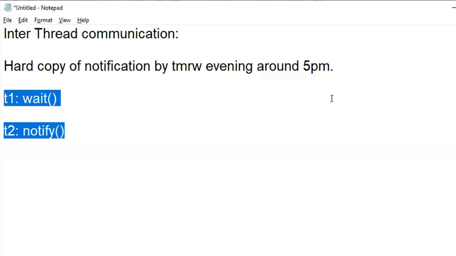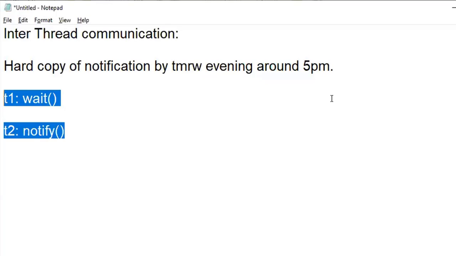Understanding a scenario, if thread T1 is waiting for T2 to give a notification, if there is a dependability with respect to a thread's job to be finished, then you will be hearing a word called inter-thread communication,